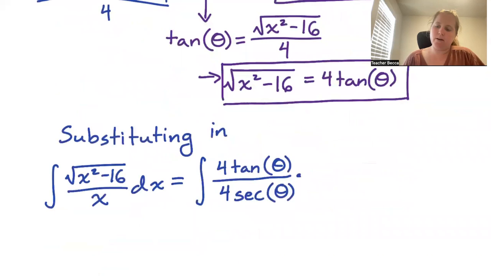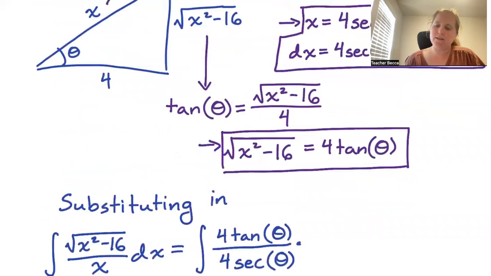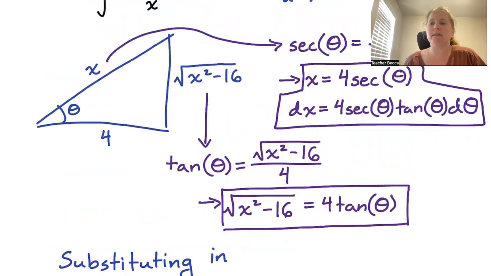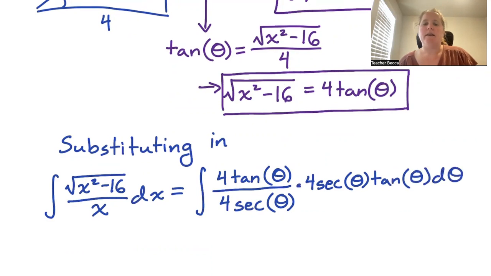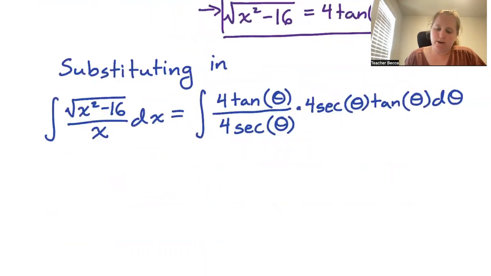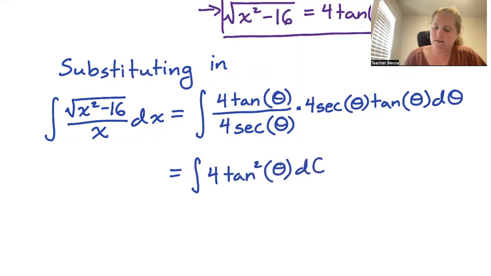And then we multiply by dx, which was 4 secant theta tan theta d theta. So we have times 4 secant theta tan theta d theta. Canceling out, this simplifies to the integral of 4 times tangent squared theta d theta,